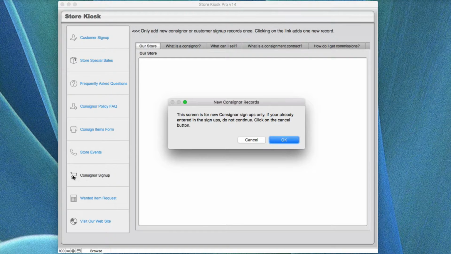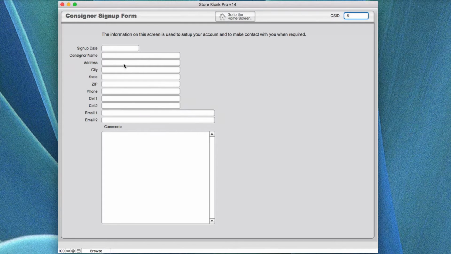Now consignor, in this particular case, when he clicks on it, it says this screen is for new consignor sign-ups only. If you already entered your sign-up, do not continue and click cancel. So when you click this, it's going to give you a new blank record. I'm going to go ahead and do it so I can show you what it is. You have the date you consigned, the consignor's name, the address, the city, state, zip, and so forth, and all this down through here. What you want to do when you sign up is put comments in here as a new consignor,